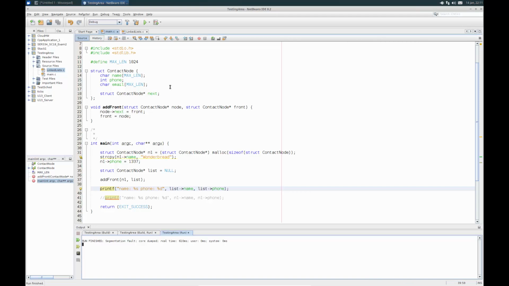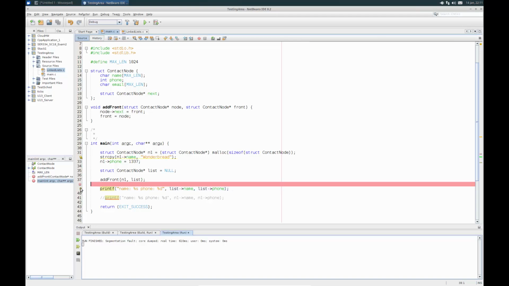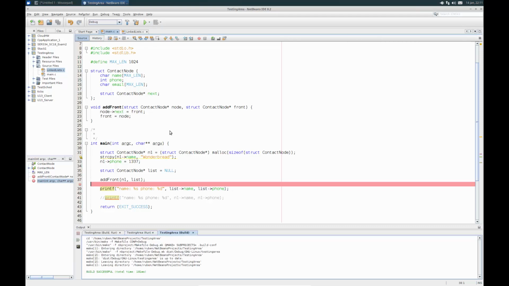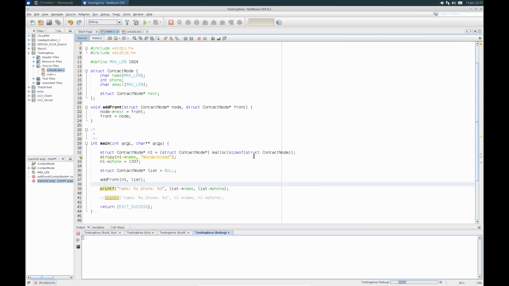Segfault. So this just does not work. So there's a problem somewhere. And the problem, which I can actually see, so let's go over here. We'll go to the debugger really quick. The problem is basically that if I go into the debugger and look at my program, this is freezing my program in place, you can notice that over in list is set equal to null, right? List is set equal to null after I call add front, right? So that's my issue. That's why it doesn't work.